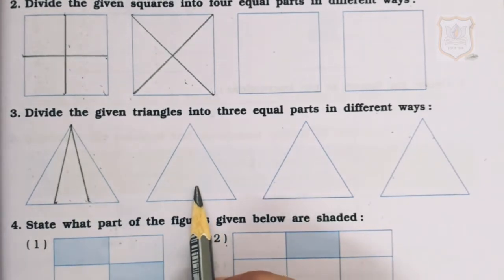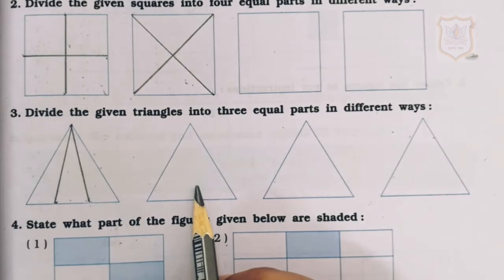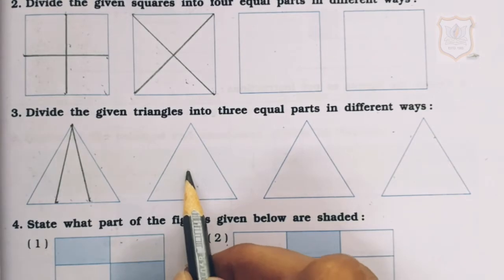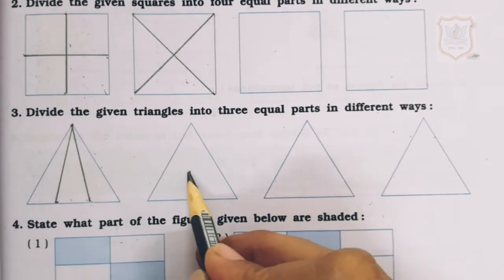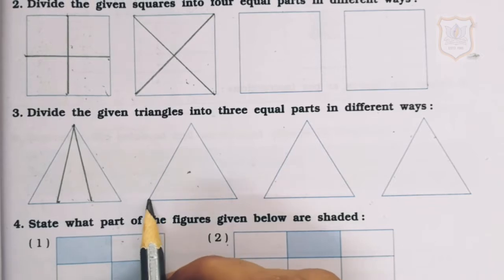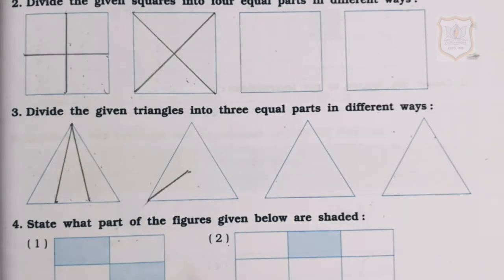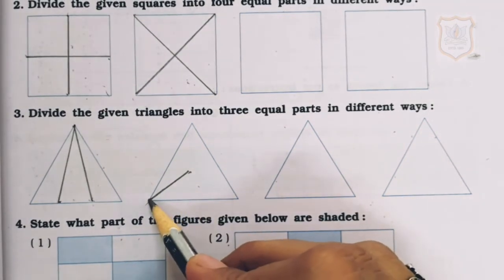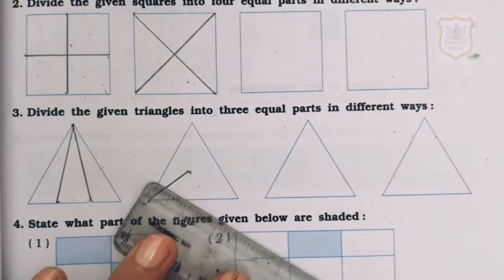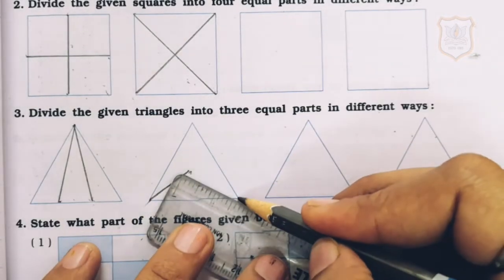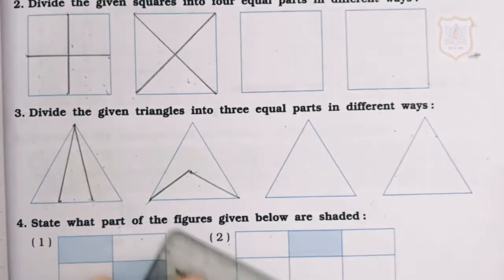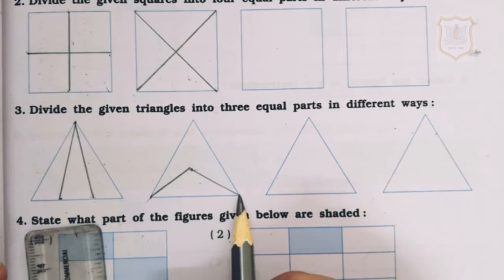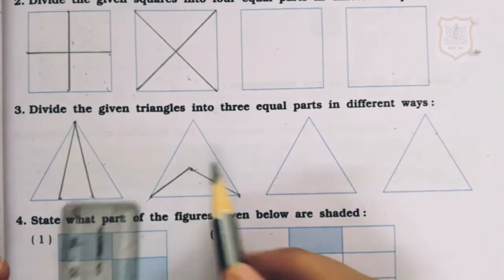Now we will divide the other triangle also into 3 equal parts. So we will place a dot over this center and we will join this dot with one end of the triangle. In this way, students, we will draw one slant line and we will join the one end of the triangle with the center of the triangle. In the same way, we will draw another slanting line. In this way, students, we will make a slant line which will join the end point of the triangle with the center of the triangle.